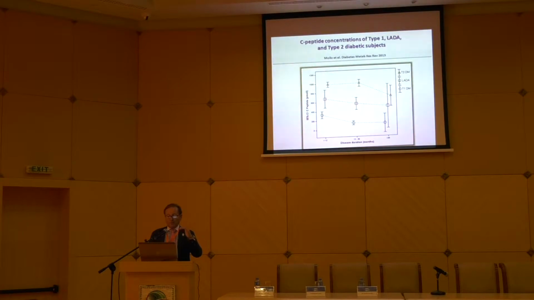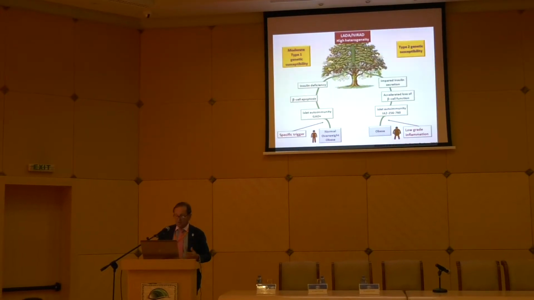Look at the LADA, type 1 and type 2. LADA is in between the type 1 and the type 2 diabetic patients. So even the beta cell function is there to start with and tends to decline. Usually the majority of patients with LADA are diagnosed with a C-peptide around 0.6, 0.7, up to 1 nanogram per ml, that is talking about 0.3, 0.4, 0.5 nanomolar. So they still have residual beta cell function.